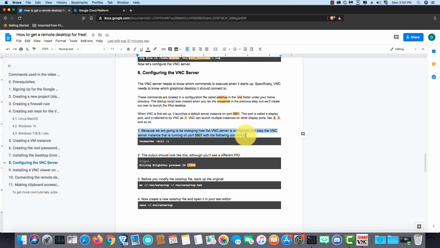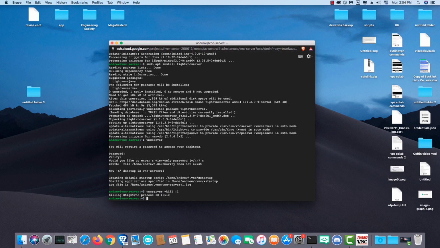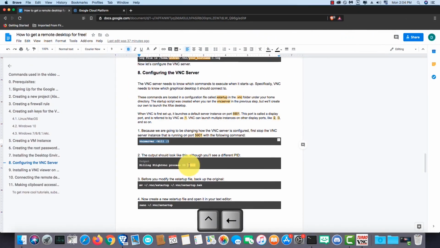Because we are going to be changing how the VNC server is configured, first stop the VNC server instance that is running on port 5901 with the following command. The output should look like this, although you will see a different PID.